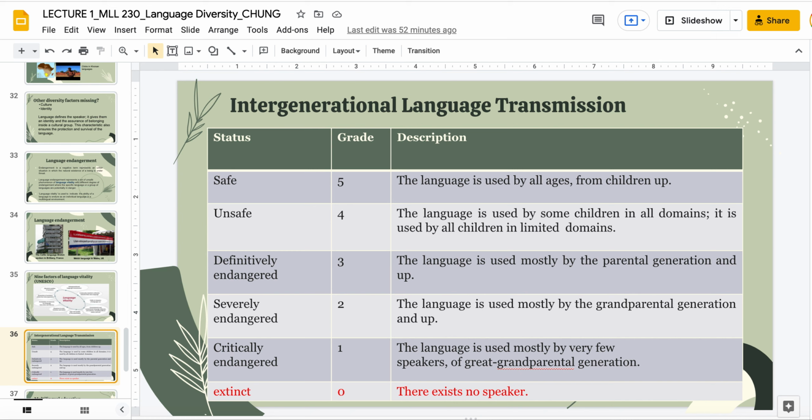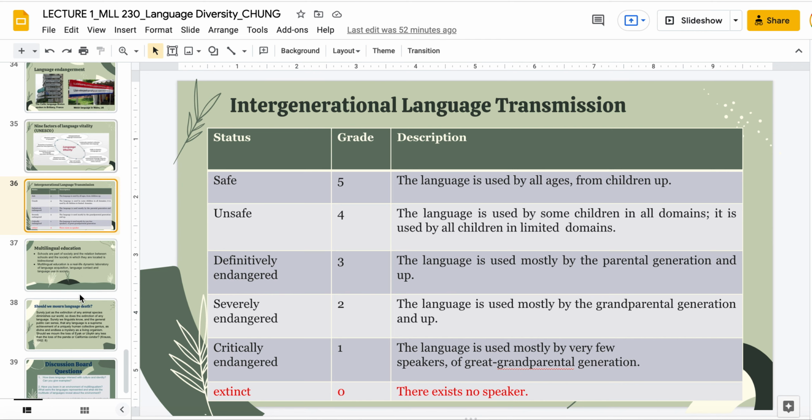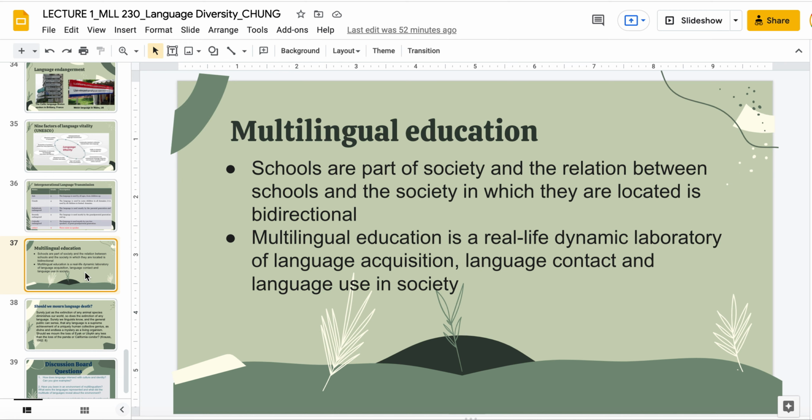So this is part of a community. We're talking in very community terms, although in your family it might be very similar, right? But in a community, if a language is only spoken by the great-grandparents, those great-grandparents are going to die soon, right? And if the children don't pick it up, they're not really going to learn it. They're not going to speak it. So what are some ways in which you can counter this, right?